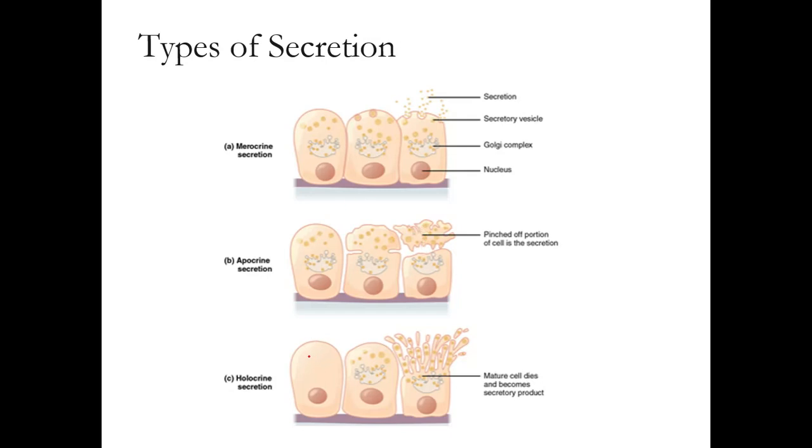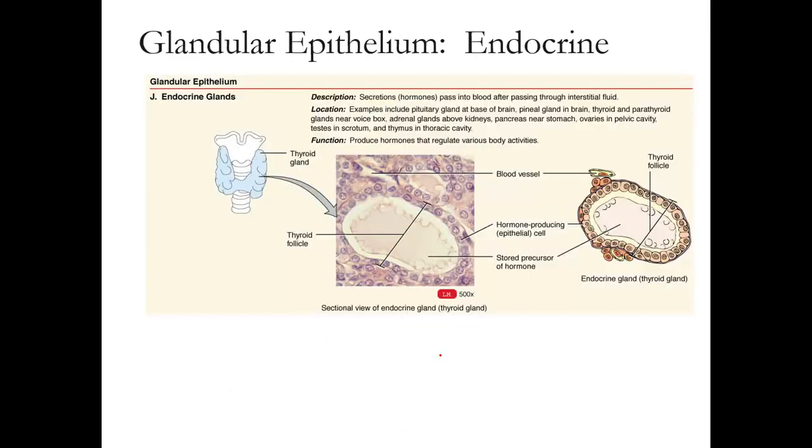And then holocrine, this one, the cell just builds up and builds up and builds up, and it just dies and lyses and releases all these different parts, and that's what becomes a secretion. So let's look at a couple examples of this. Here is a thyroid gland,